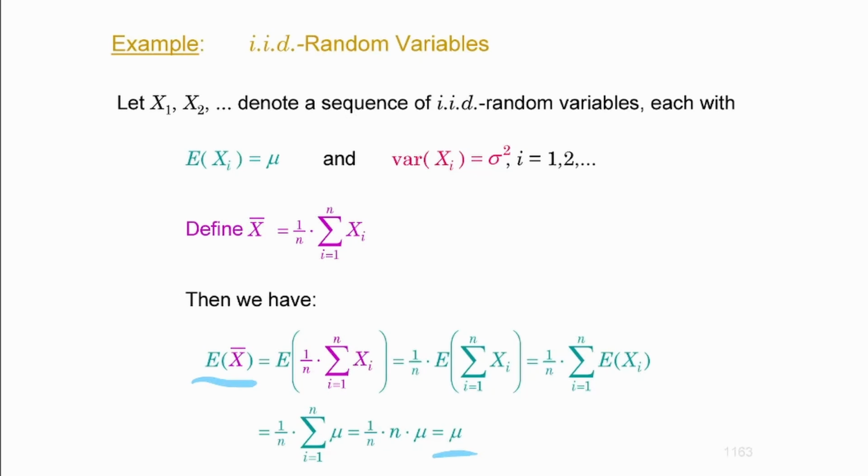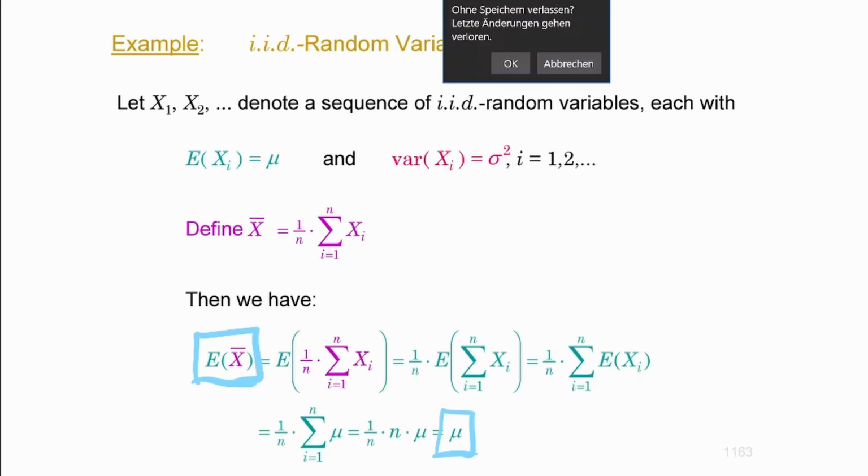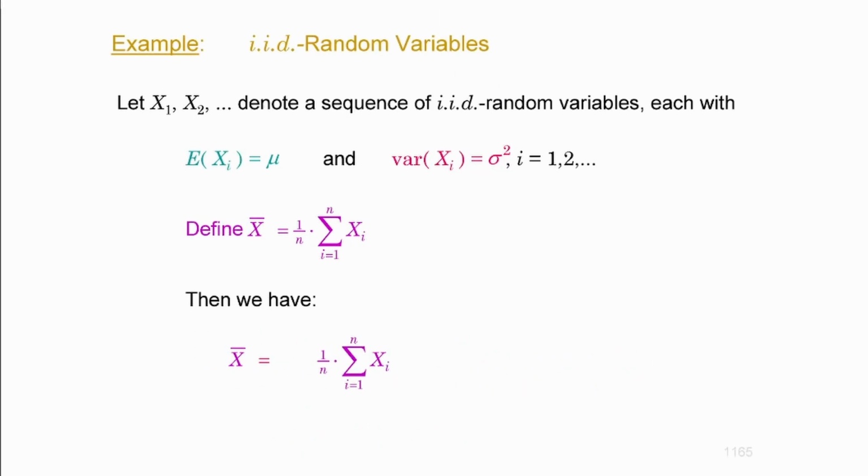You understand the point? So that's one of the issues that I would need to address. The expectation of the arithmetic mean is just as large as the expectation of the respective random variables from which your arithmetic mean was generated. Now, I'm going to look at the variance. So that's one major result. I'm going to come back to it, and I'm going to look at the variance of the arithmetic mean.